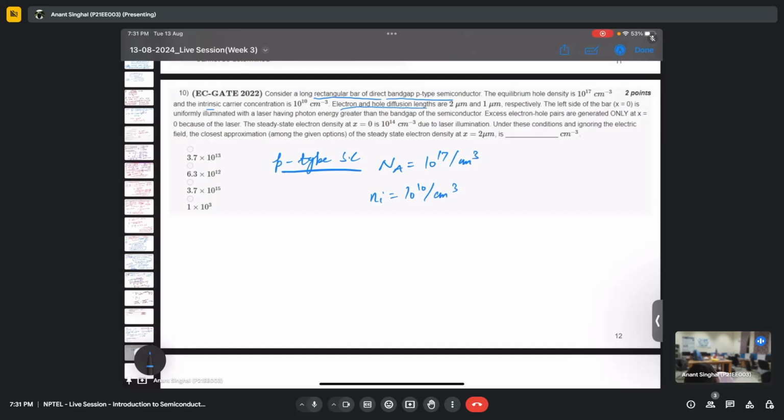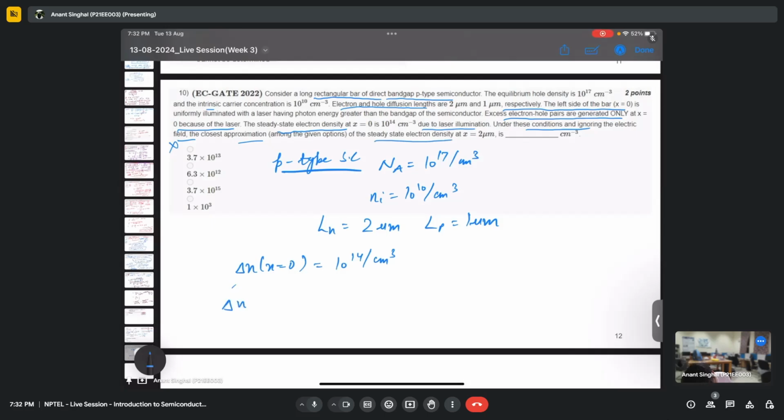The electron and hole diffusion lengths are L_n equals 2 micrometer and L_p equals 1 micrometer. On the left side of the bar, at x equals 0, excess electron-hole pairs are generated because of a laser. At steady state, delta n at x equals 0 is 10^14 per centimeter cube due to laser illumination. Under these conditions, and ignoring the electric field, the closest approximation of the steady state electron